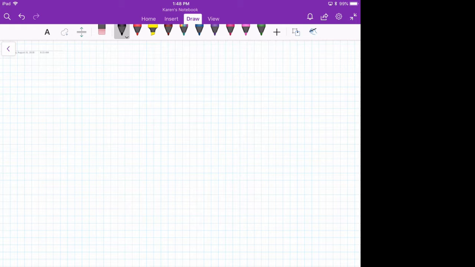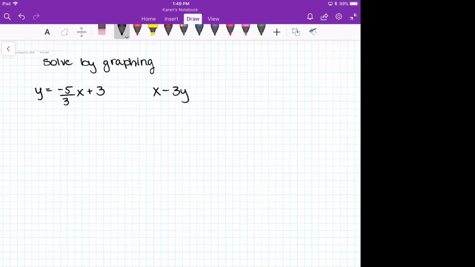Alright, so I thought today I would do an example of solving a system of equations by graphing. So I've come up with two equations. So here's two equations I like, and I picked two different looking equations so that we could see the two